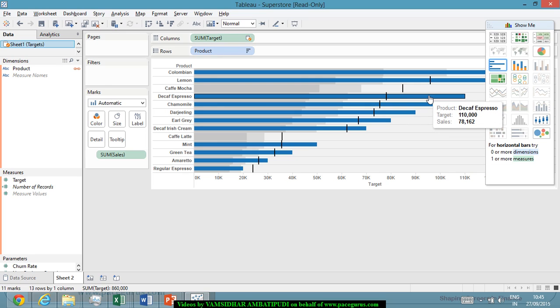The only thing is, in a regular bullet chart, we always get the actuals represented by the bar and the targets represented by the vertical line. So I just wanted the reverse of it. So whatever I have, the target,